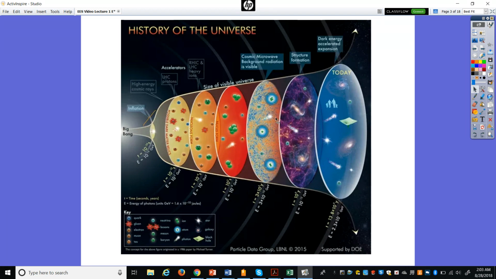About this same time, the four fundamental forces of nature, the basics of physics, were first organized. We had gravity, magnetism, the weak interactions between atomic particles, and the strong interactions between atomic particles. Everything that physics and chemistry are based on.